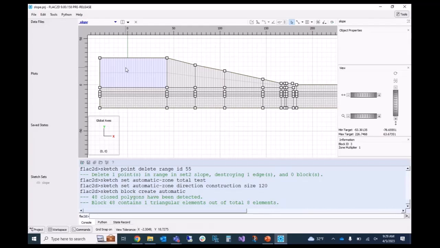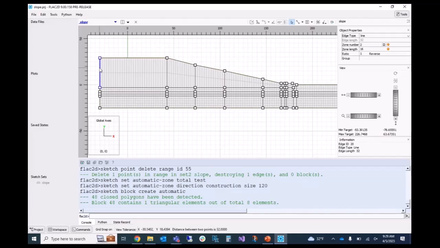And because this was based on a FLAC model, I'm trying to make it behave the same as the FLAC model, which had to have a structured mesh, right? In this case, we could have just said, make it unstructured, boom, and it would just do it. But if you don't tell it to be unstructured, it tries to make a structured mesh, and you end up with something like this. So then what we can do is we can just tell it to put in more